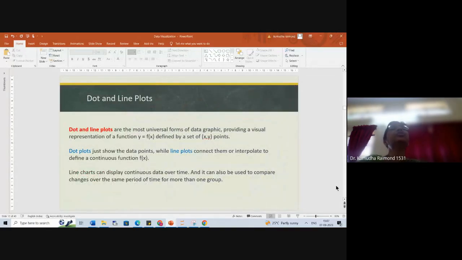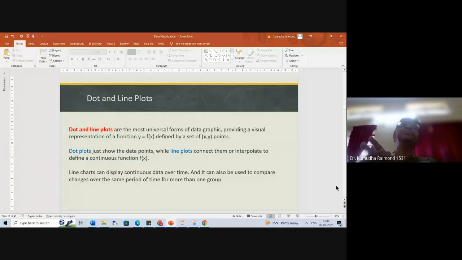And the next one is the dot plot or the line plot. Line plot, generally, when I have x and y axes, x and y data, and y corresponds to f of x. I have a value of x, and when I apply the function, then y equals f of x. And dot plots generally show a lot of points here and there. Line plots mean all the dot points in the dot plots are connected by a line